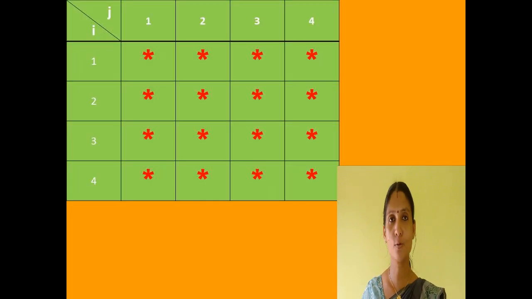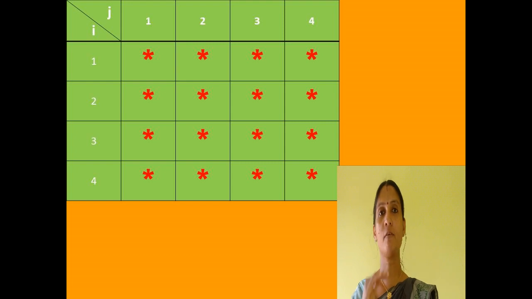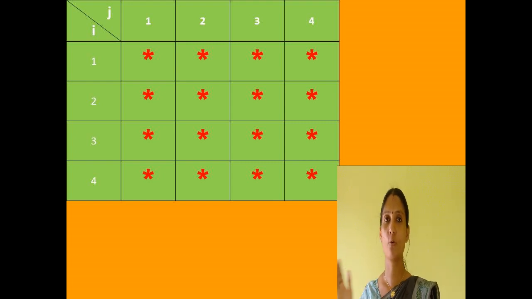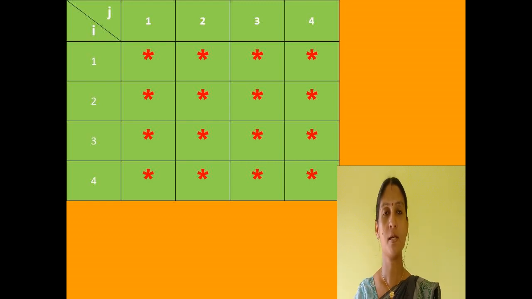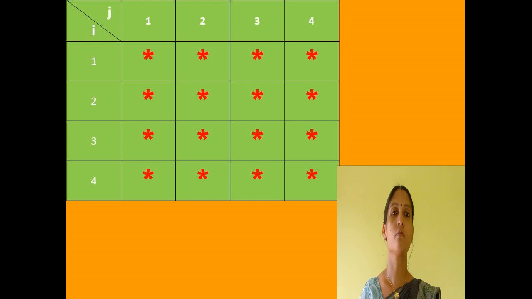I will show how to create this one. See these columns. I will put some numbers on the columns and rows also. See, here we have 4 columns. The first one represents a square. Then we have 4 columns and 4 rows. That means in each row I have 4 columns, and the second row also has 4 columns. The third row also has 4 columns, and the fourth row also has 4 columns. Like that we can create a square.